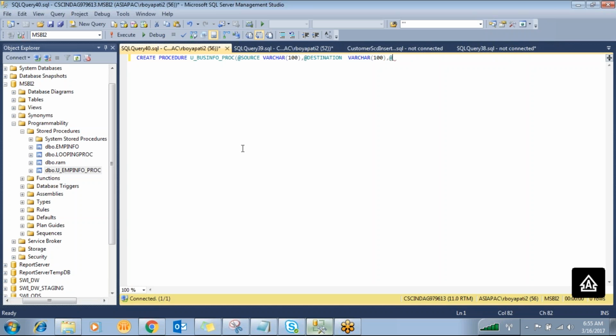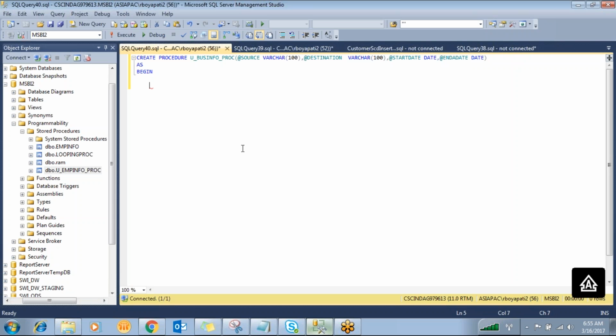The next one is @start_date, the data type is date, and the next one is @end_date, the data type is date. As begin,